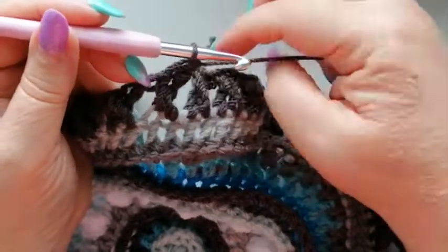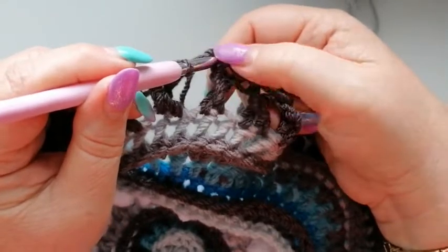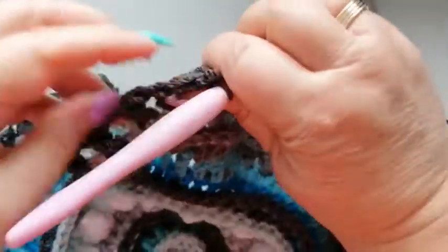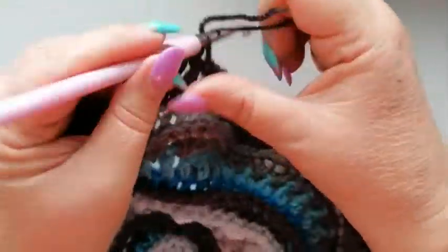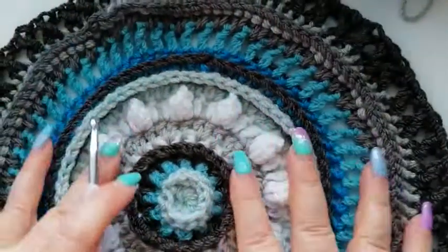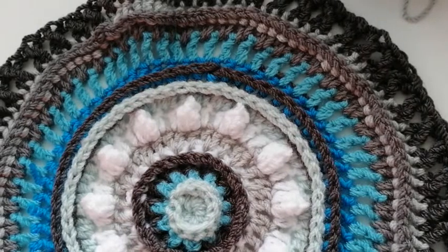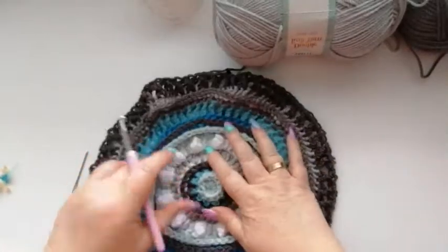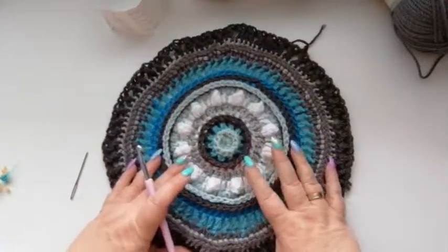I'm now going to slip stitch into that first half of the cross that we did there at the start of the row. I'm going to fasten off the yarn and pull through. So at the end of this round you should have 60 of the, I'll just pan back in a little bit, 60 of the treble crosses around the